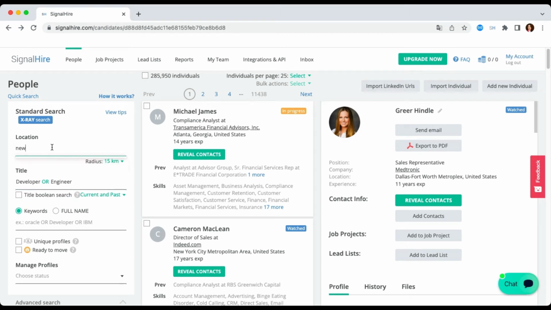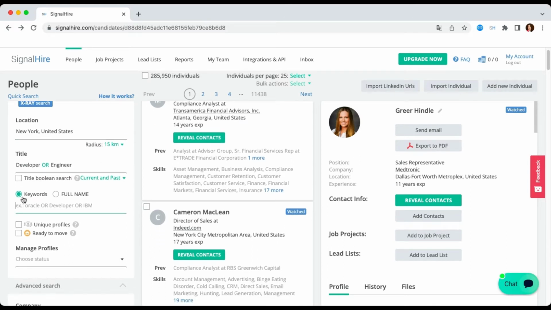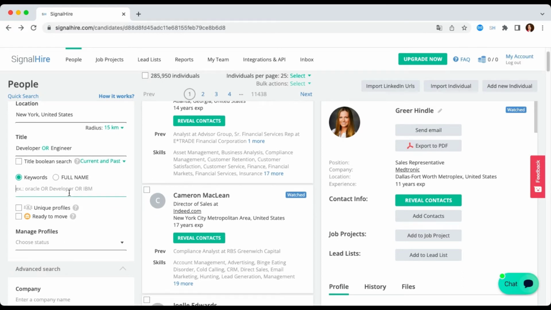Based in New York. And here we have the keywords and we're gonna put the skills in here. So for example, let's say that I want this engineer to be able to use Java